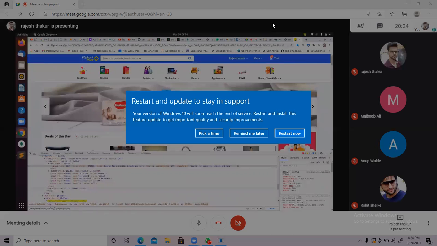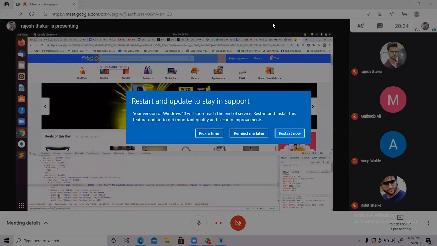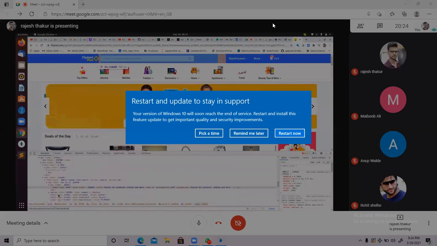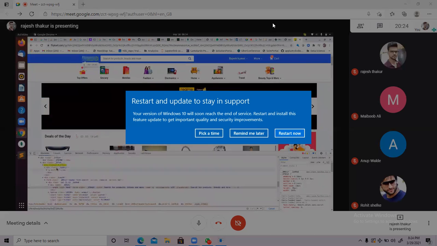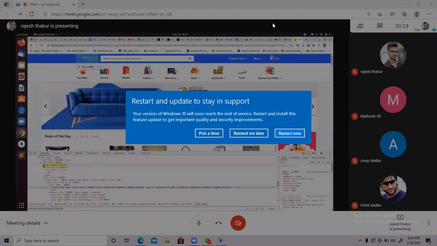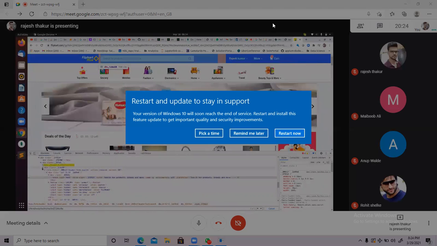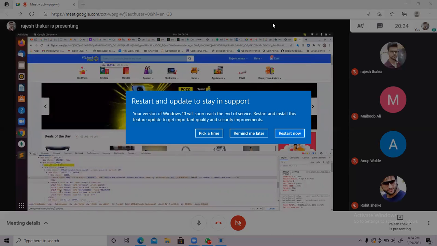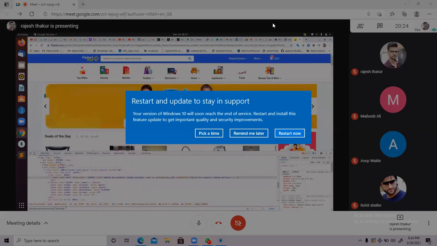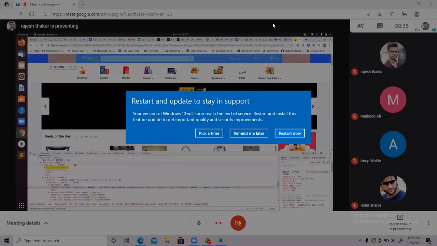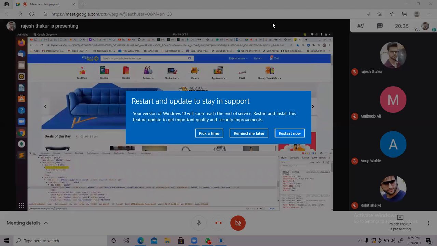In real time, we never use this absolute XPath for sure, but yes, you should know it. So this div, and after the target criteria, this div. From this div we have to come to this div, right? If I type div again with a single forward slash, what is happening? It is going inside of this parent node, but I don't need to go inside of that parent node. What to do?